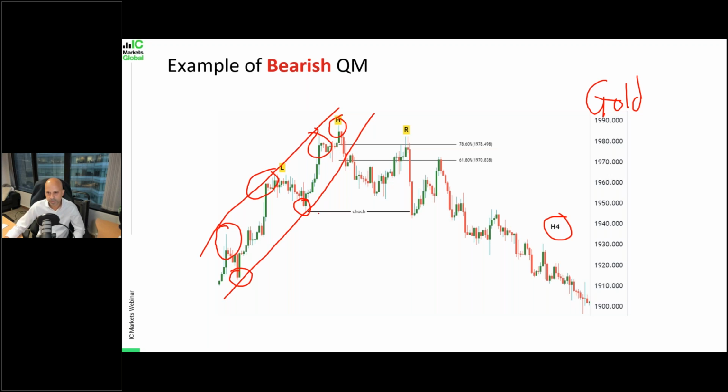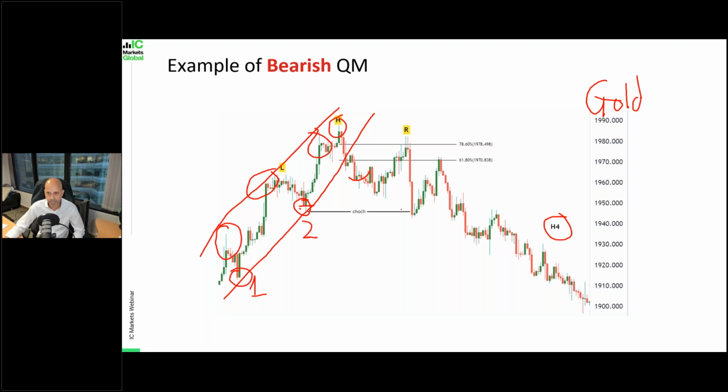and over here, right, you can see there's a change of character here. Price is still above this low here. Okay, let me just put this is low number 1, this is low number 2, right? So as price pulls back, it is still above the low of number 2, right?